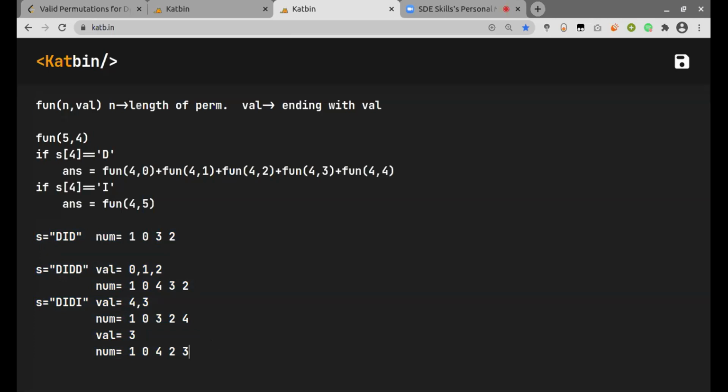Because why I'm saying this is, when I looked at this problem, it was very hard for me to develop this intuition. When they gave this DID, it was very hard. I didn't even understand what is 1000 to 4 and why they are giving me so many permutations, right? It took a very big time. So what I did is I just used the same permutation backtracking solution. I implemented that, and I literally found all those permutations using that array. I just constructed an array of 0, 1, 2, 3, 4.